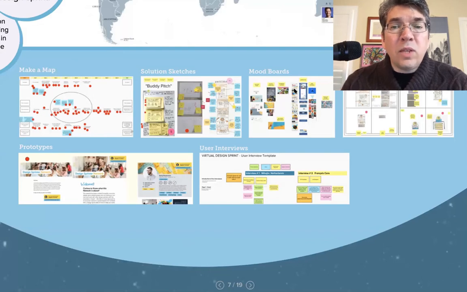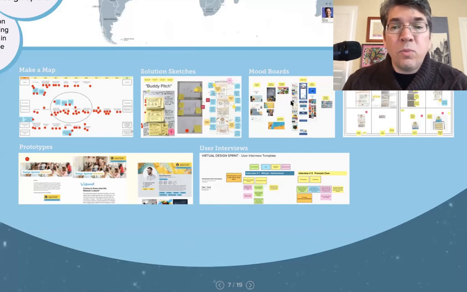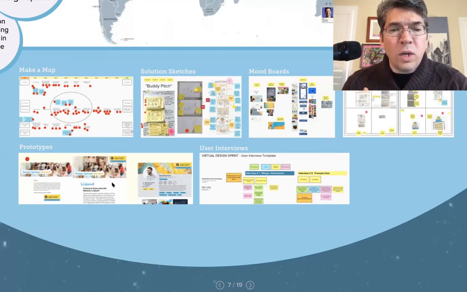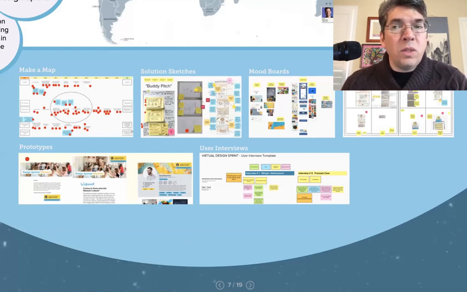One particular team decided to do mood boards, where they took a lot of visual inspiration from other examples and put them in this space. Storyboards, user interviews, even the prototypes. People that would work in Figma or Marvel or Sketch would take what they had done offline on their own, and then when everyone came together to discuss where the possibilities were, would put them in Mural and figure out which one makes sense for the leader of the group, which one they want to decide to move forward with. So Mural really helped take what normally was done in a physical environment with the design sprint process and elevate it into the digital realm.